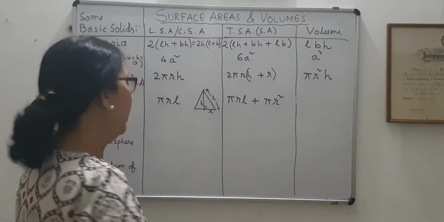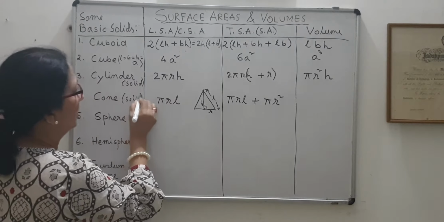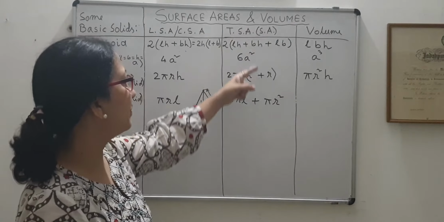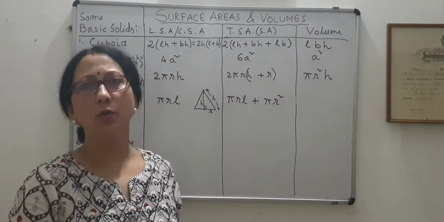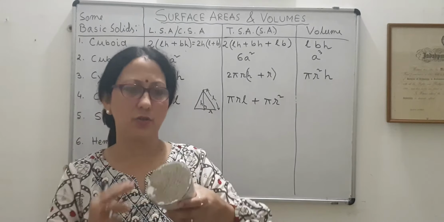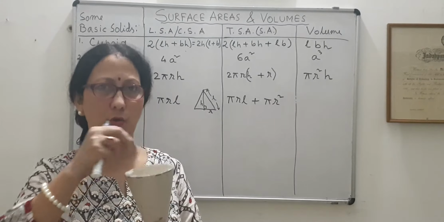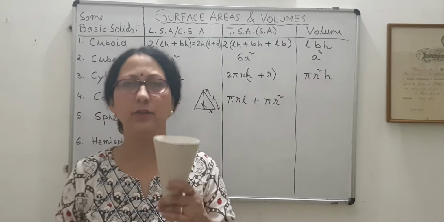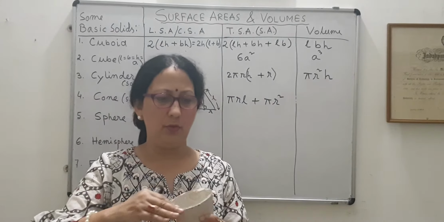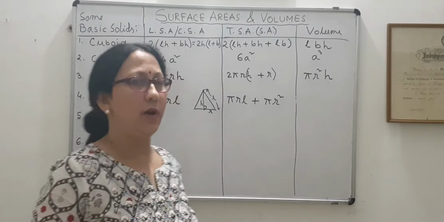Now again, if it is a solid, then only is this the formula. Because you see, the curved surface area is the same for both solid and hollow, but the total surface area will depend on whether the cone or cylinder is hollow or solid. In this case it is solid, so I have taken this base area. But if it is like a container, suppose it is hollow, like your ice cream cones, then we won't get this base area in the total surface area. So these things you have to visualize, how the figure is.